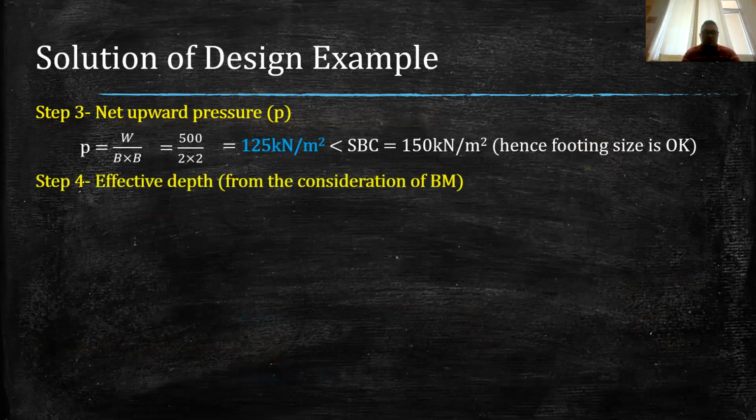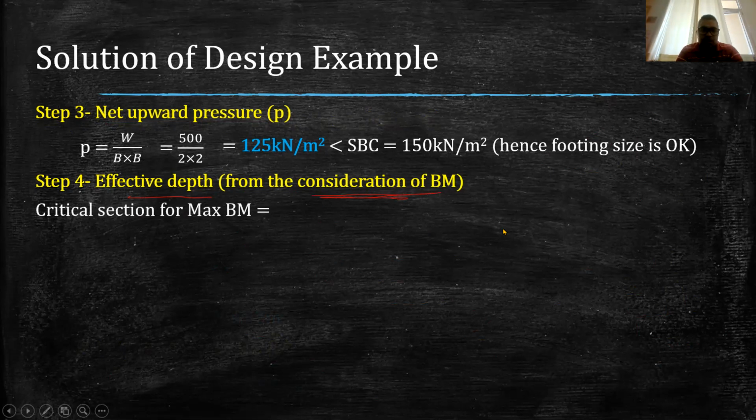Now in step 4, we are supposed to find out the effective depth. Now effective depth of footing, as I said, is being checked for various criteria, because foundation is subjected to bending moment, one-way shear, two-way shear. So we have to find out effective depth, and then the same effective depth is to be checked for different criteria. So here we will calculate the effective depth from the bending moment consideration. Now, when we are required to find out effective depth from bending moment consideration, it means we have to find out the maximum bending moment first, coming on the foundation.